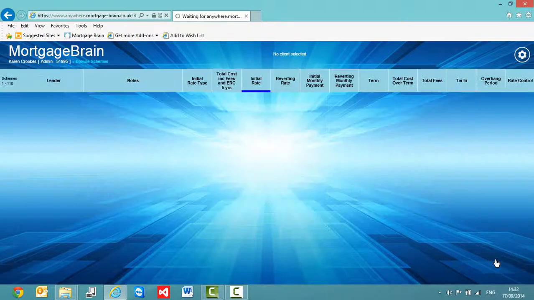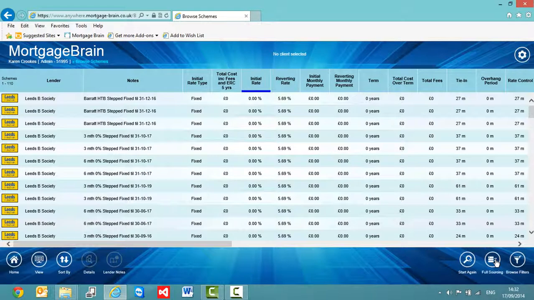Now within the scheme list itself, obviously we're looking at a lot of information available to us at this stage. You'll notice that a number of the columns haven't got any calculations in them, like the initial monthly payment, the reverting monthly payment, because we haven't actually given the software any calculations to work off. So this is purely for you to look at how many products are available for, in this instance, the home